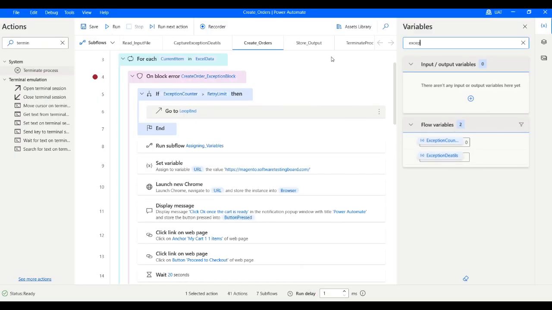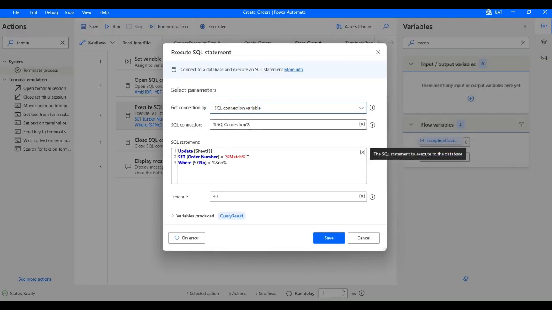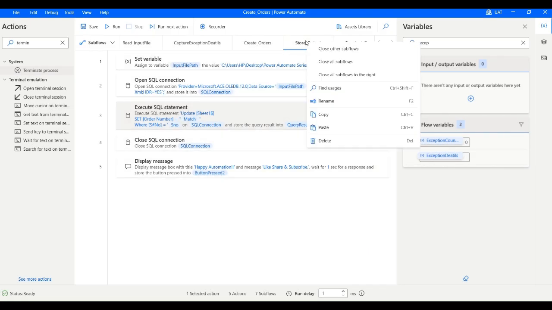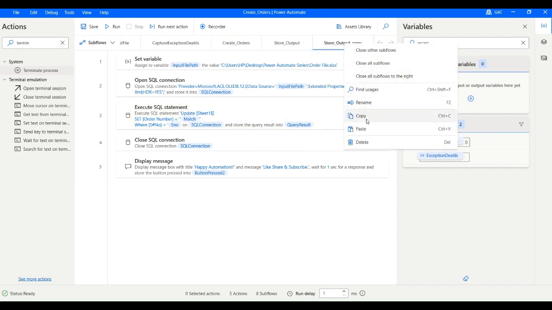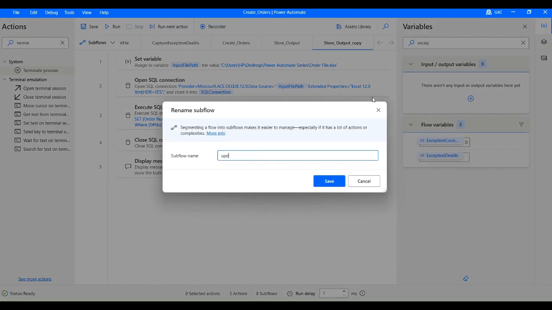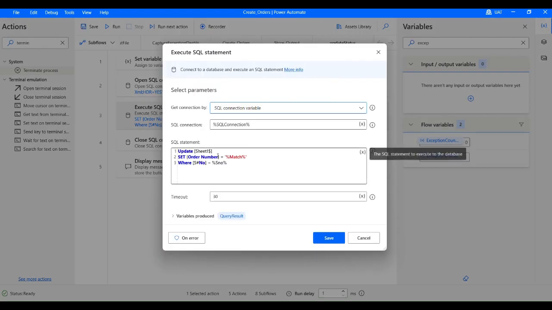and let's make use of the store output. So if you see here, we are updating the order number with the match value, that means the value we are getting. But now we want to update the status. So let's make a copy of it. Rename it to update status. Okay, and our sheet is the same, but our column is changed to status, and set it to,